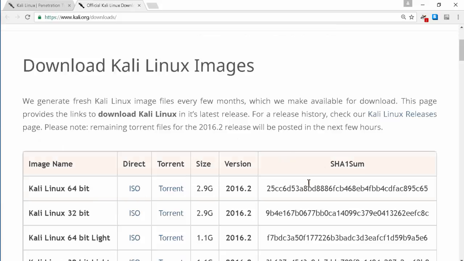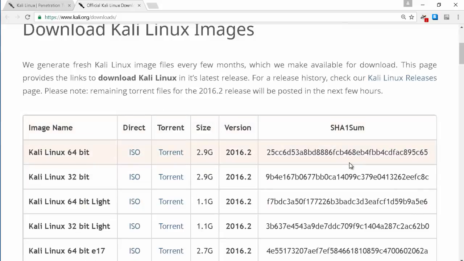But what I did want to show, I just briefly want to talk about this SHA-1 sum. This is basically just a way of checking to verify that what you downloaded was not changed. There's a couple of reasons for doing that. One is a sort of error checking, and another is a security issue. You want to make sure that what you've downloaded hasn't been modified, perhaps by a hacker or perhaps the government